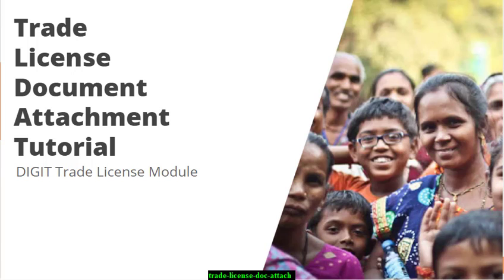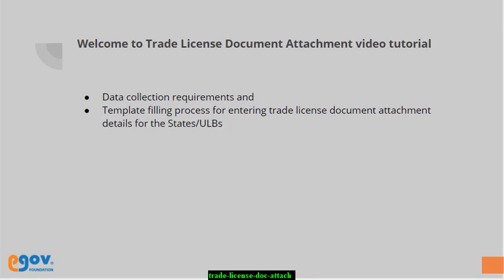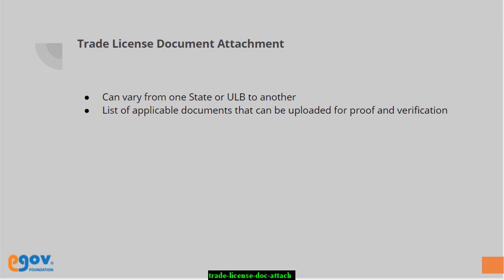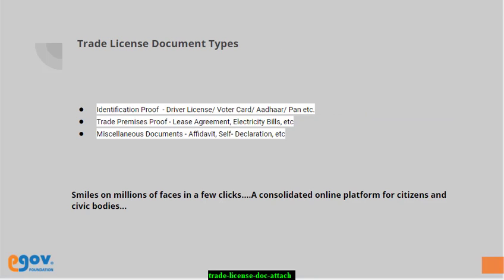In this video, we will look at the data collection and template filling process for the trade license document attachment. Alongside rates, the trade license application process requires the applicants to upload certain documents as an attachment of proof. The proof can be defined by a set of documents required for identification proof, trade premises proof, and other miscellaneous